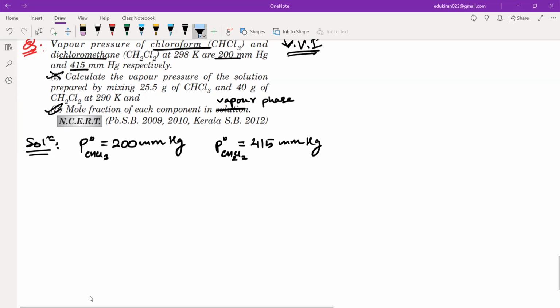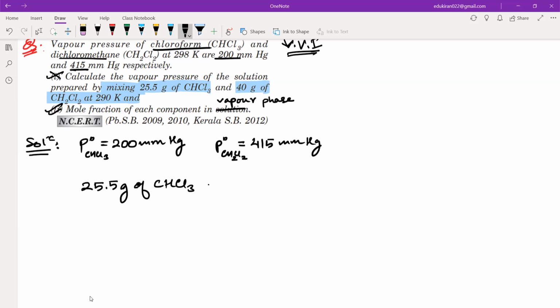The other information that they have given is 25.5 gram of CHCl3 and 40 grams of CH2Cl2. They are mixed, right? So what are we mixing? We are mixing 25.5 grams of CHCl3 and 40 grams of CH2Cl2. Okay. Now, from this information, we can get the